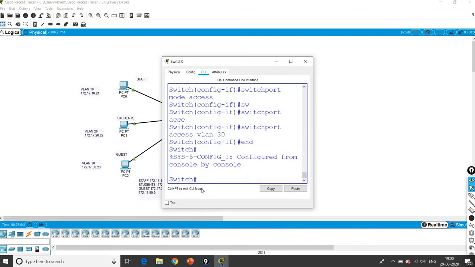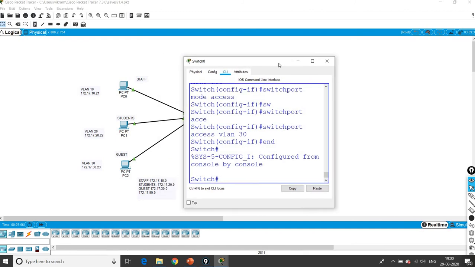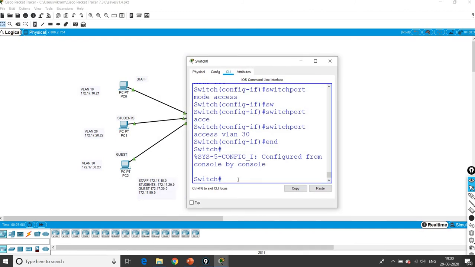What are the IP addresses for staff? You can see here 172.17. So for that, interface VLAN 10. It is already in privilege mode.